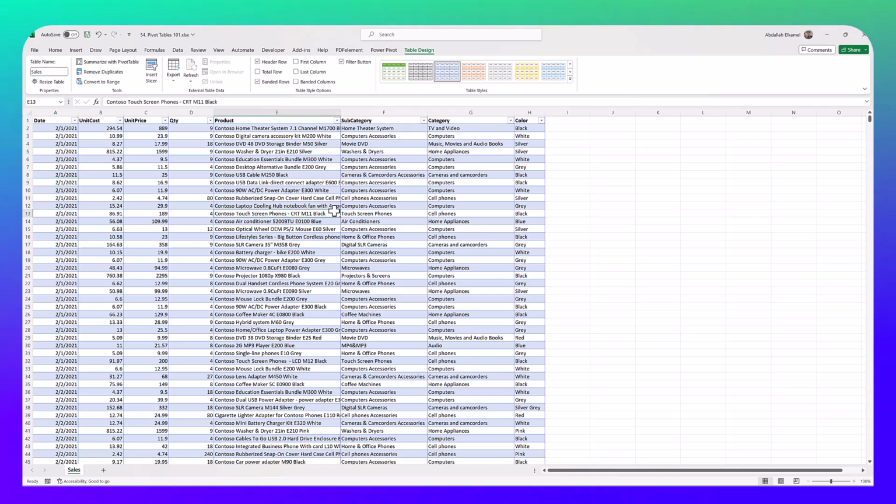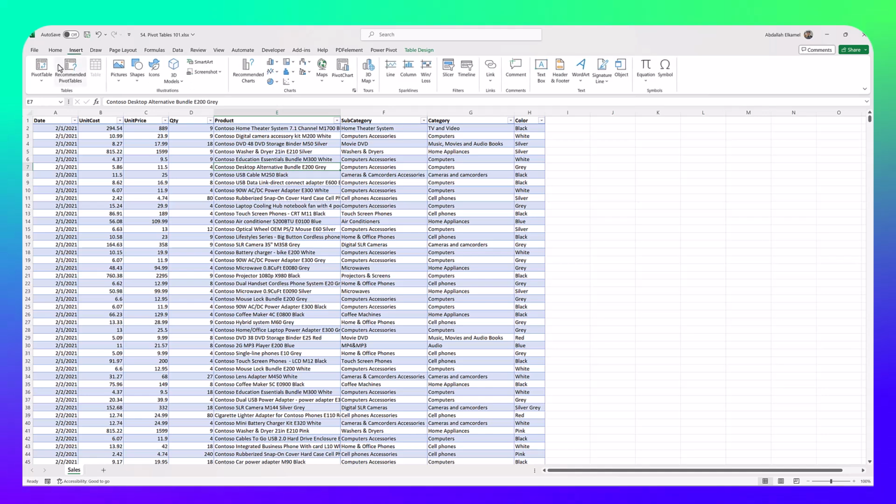So since the table is formatted as a table and Excel knows that this is a qualified source for our pivot table, we can start creating our pivot table. But there is something missing, which is the total value here. So to create a pivot table, click anywhere inside the table and then go to the Insert tab and then go